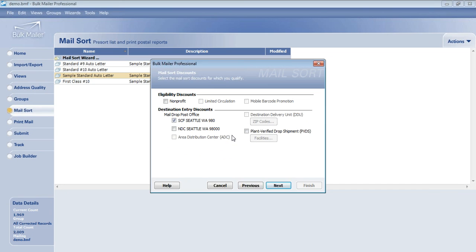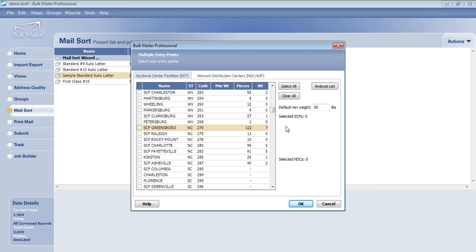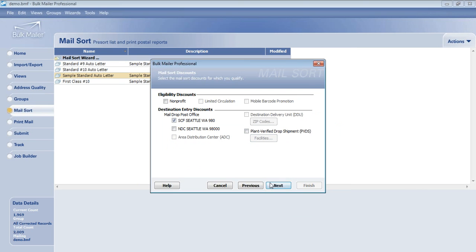Eligibility discounts, here's where you're going to come in and put in your eligibility discounts. I'm going to drop it at the SCF. Plant verified drop shipment. This is included with the pre-sort engine as well. And in here, you'll see that we have this broken down by SCFs and NDCs. Another feature that I like about bulk mailers, we have this analyze list. So you can analyze the list and quickly see where pieces are going, so you can find out if it's going to make sense to drop at the different SCFs or NDCs for your drop shipment. So uncheck that,